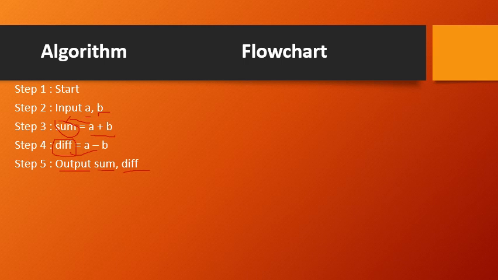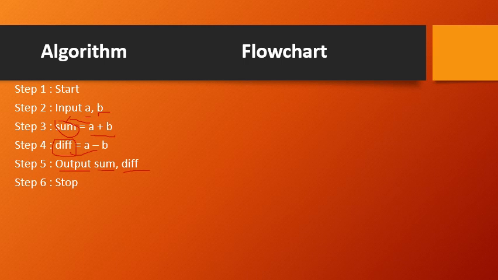So I have completed all the steps, and I can say that the steps whatever I have written here are all simple as per the characteristics. Each step is doing a single operation. As you notice here, each step is doing a single task, right? And are they finite in number? Yes, they are finite in number. I started from step 1 and at step 5 the results are given. Then at the last step I can say that the stop. So I have written a finite number of steps here in order to provide the solution to the given problem.